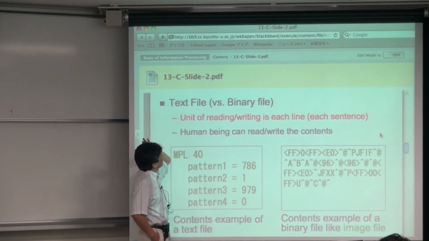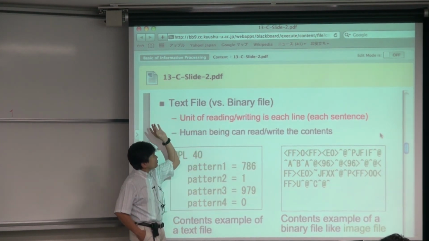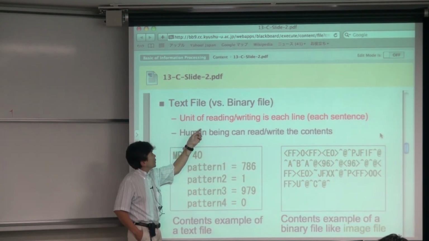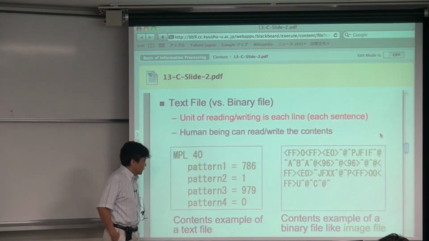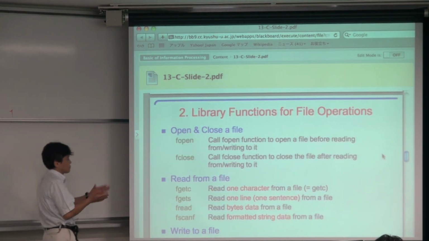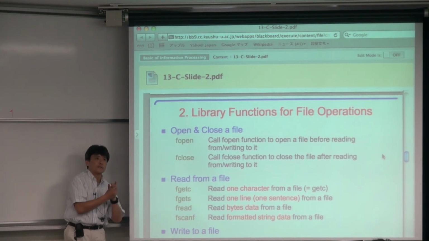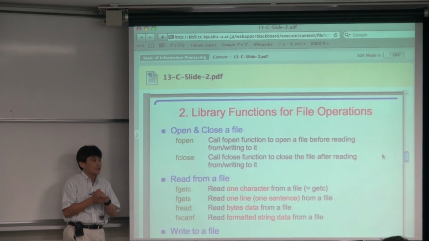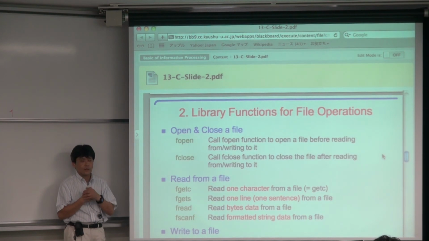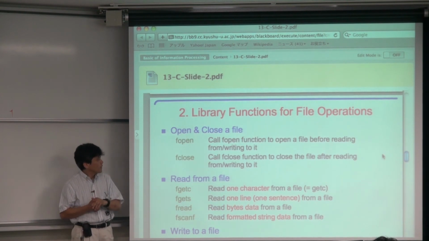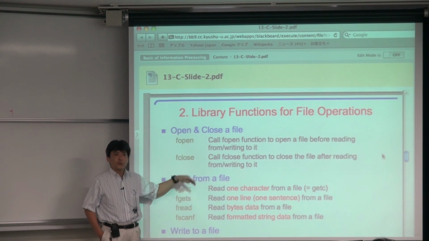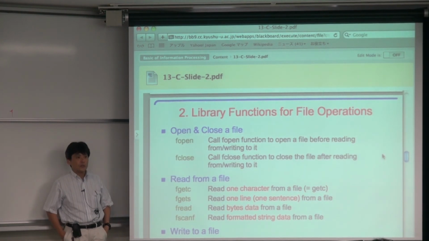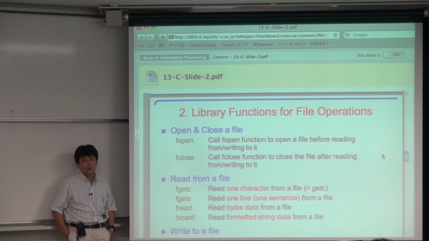As you see here, text or binary is distinguished, and the unit of reading and writing is each line. This shows the complete standard library functions dedicated for file input-output operation. First you have to use fopen, and finally you have to use fclose, before using the file input-output functions,